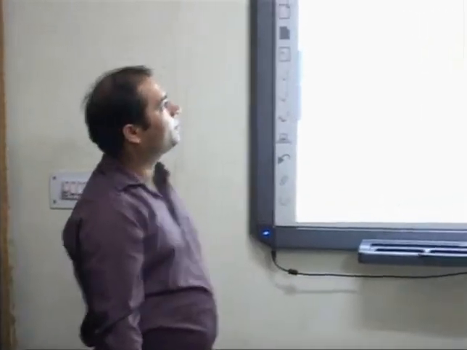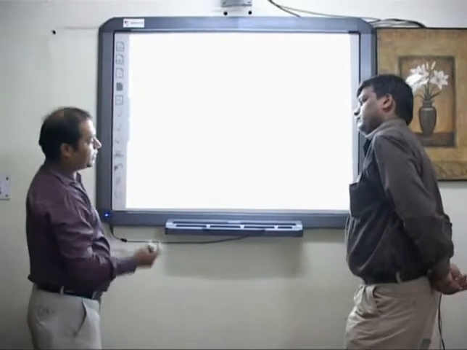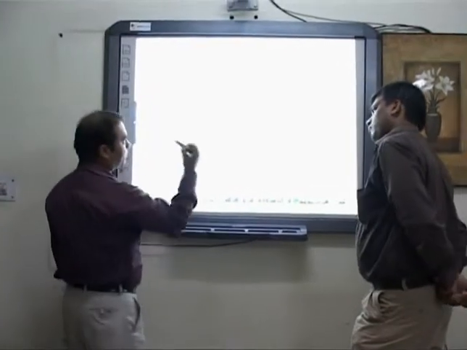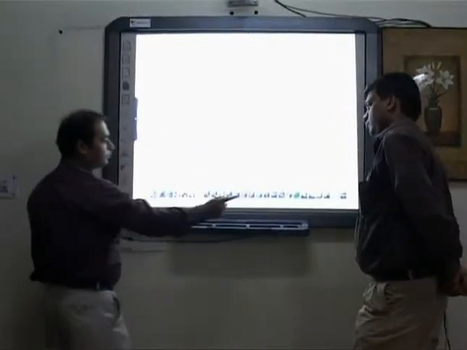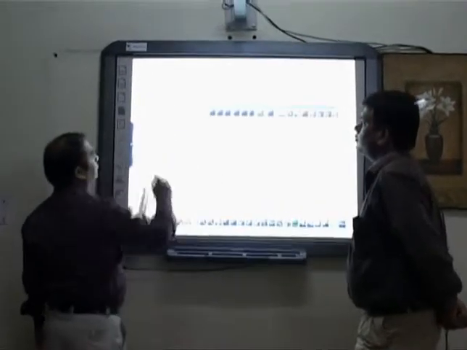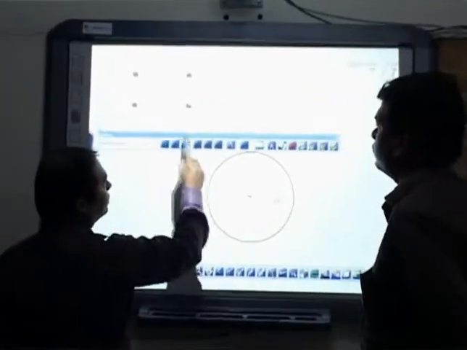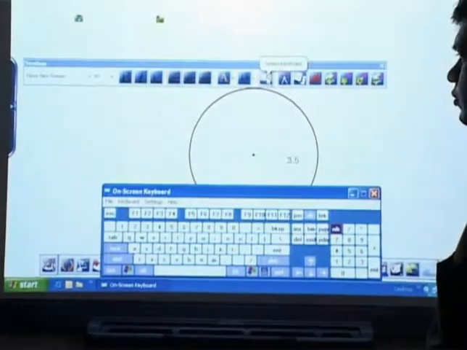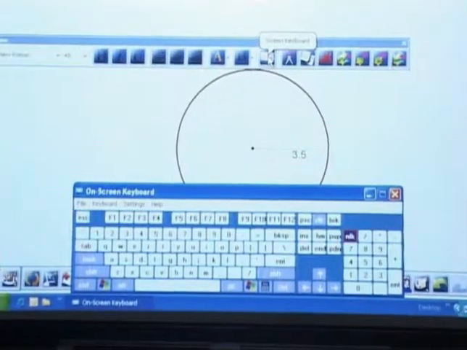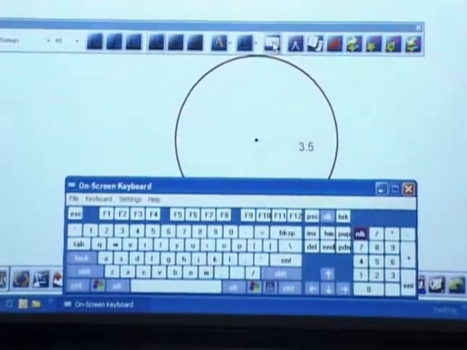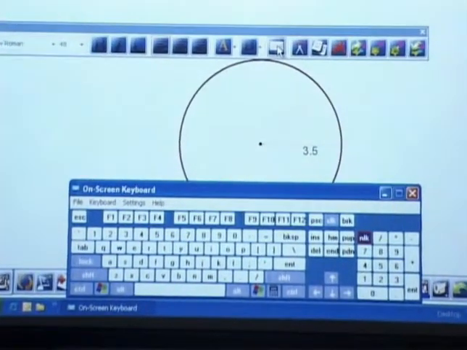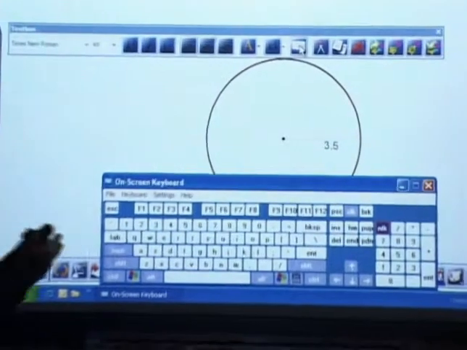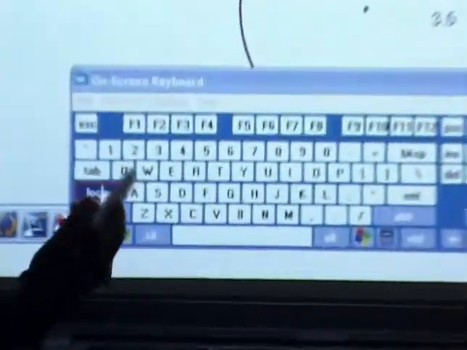Can I type here in the computer text? Yeah. See, whatever work I am doing here, I am using a pen or a chalk or a marker. But suppose you want to insert some text, then there is the option of a text box. We can select that text box. There is an on-screen keyboard. Basically, the interactive whiteboard is a function through which we are not using our mouse. Instead of a mouse, we are using this finger or this type of dummy pen, or we can use this kind of soft keyboard.